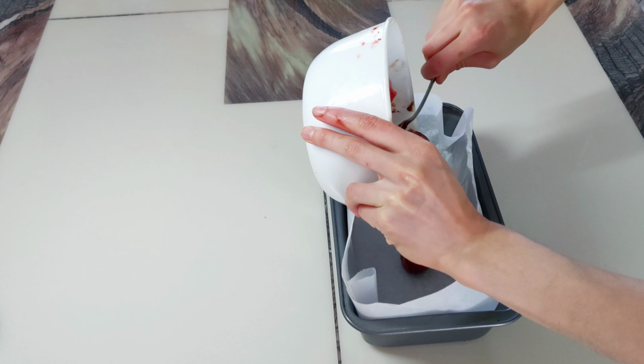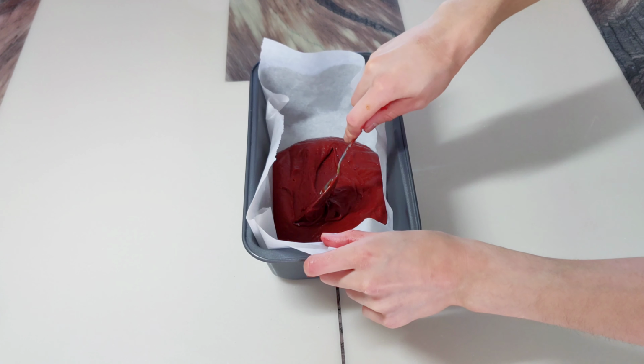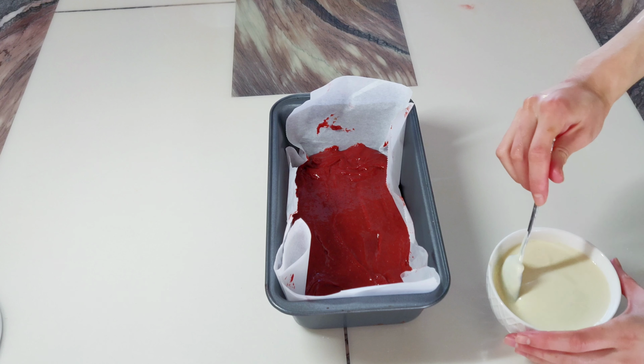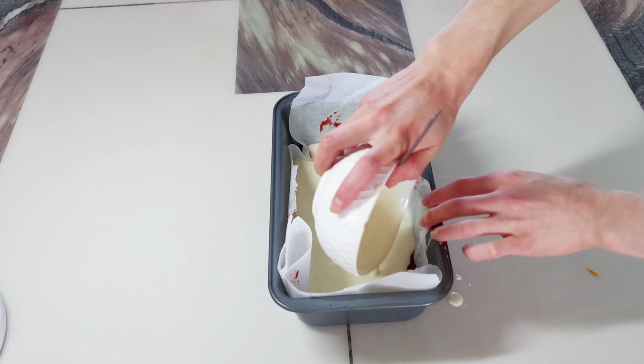Pour this into your prepared pan. My pan was a little too big, so I had to spread the batter out thinly. Just make sure your batter is evenly spread out. Get your cheesecake batter from earlier and give it a mix. Pour this over the brownie batter